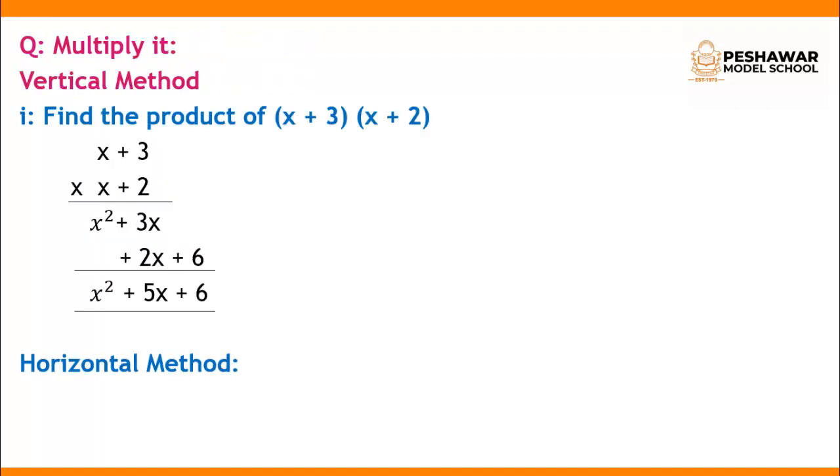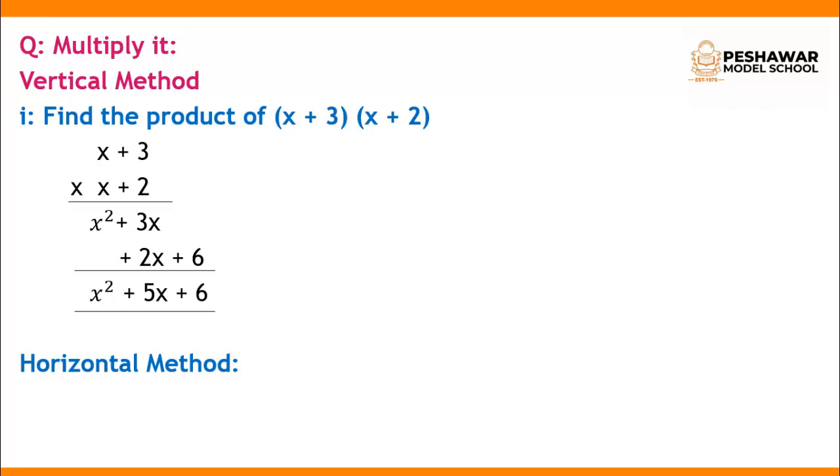Now the next topic is multiplication. As you know about multiplication, we can write the multiplication as the product of polynomials. Here again there are two methods: the first one is the vertical method and the second is the horizontal method. Now my dear student, it's very simple, as you have solved in your junior classes. In class 6 you also followed this method, so it is easy for you to multiply these two polynomials: x plus 3 multiplied by x plus 2.